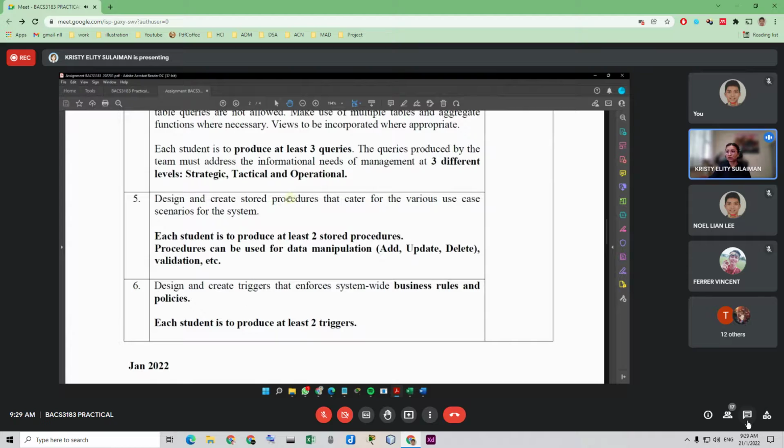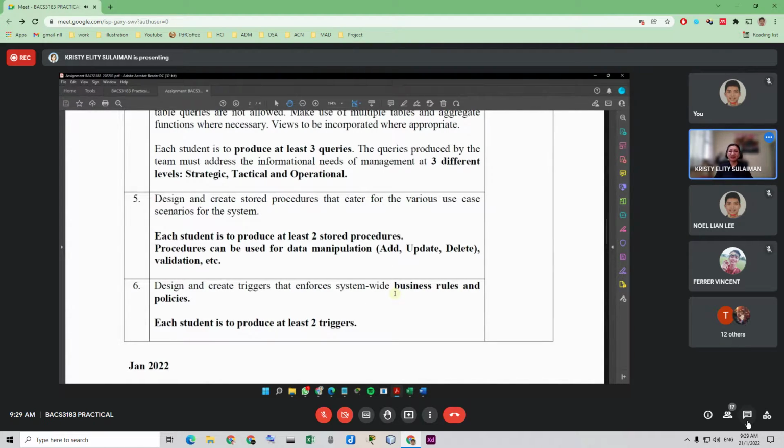So for stored procedures and triggers, we'll also cover this in lecture, but it will be at a later time. I already put some information about these two under the assignment topic in Google Classroom, so you can look into that. So for task number six, design and create triggers that will enforce system-wide business rules and policies.